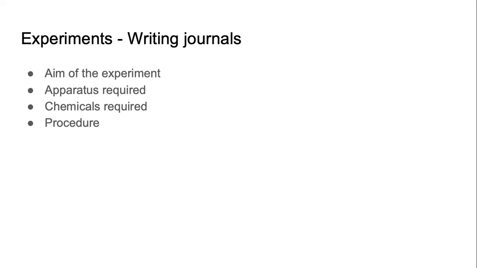Those are the things. Now, who can tell me what is the next step if this is how we are going to write an experiment, right? Document an experiment that we will conduct in any lab. What will be the next step? Look at this activity and tell me what will be the next step. First one is aim of the experiment. Second one is apparatus required. Third one is chemicals required. Very good, Prachi. Next one will be observation.